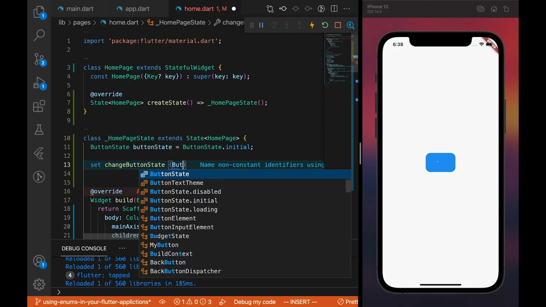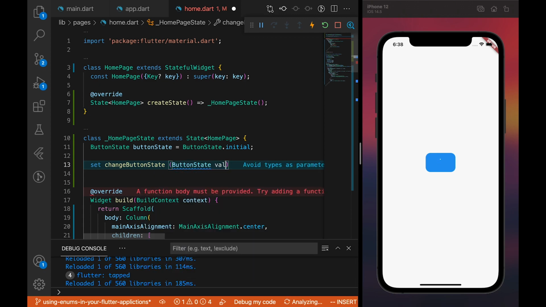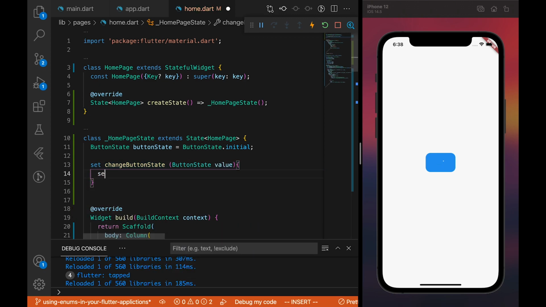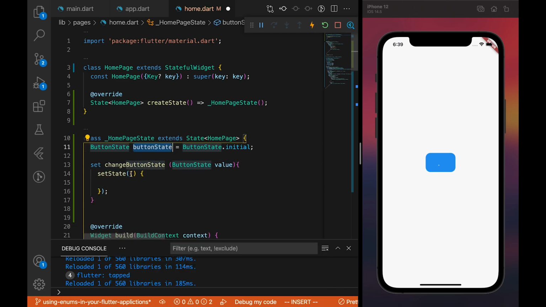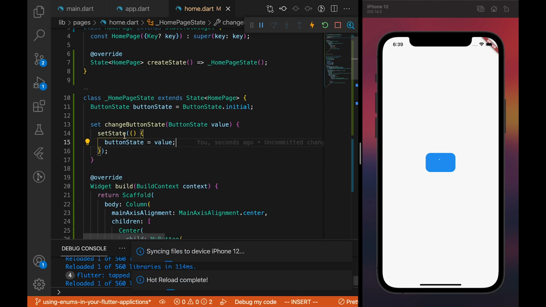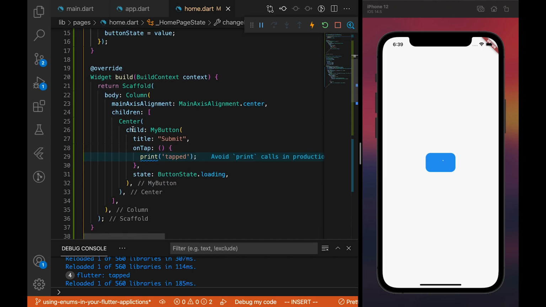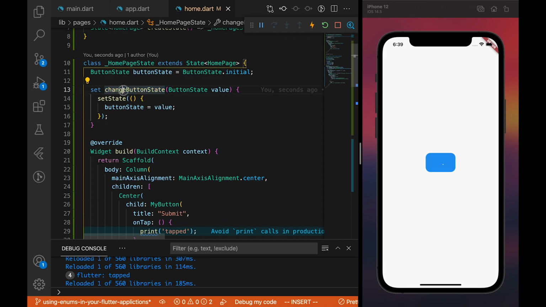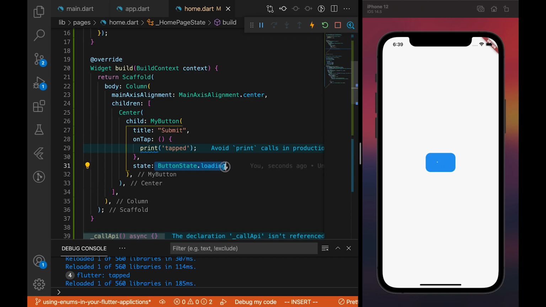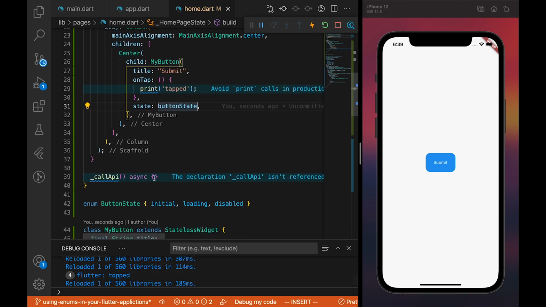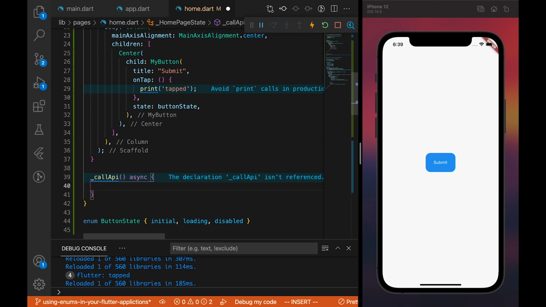So this will take a value of button state, and we're going to call the set state, and the set state is going to rebuild the widgets to whatever value we have here. So on our fake API call, we are going to call this change button state, and on our button state widget here, we are going to pass this button state. So you can see how all of this is attaching itself,